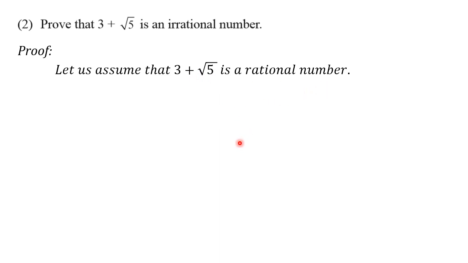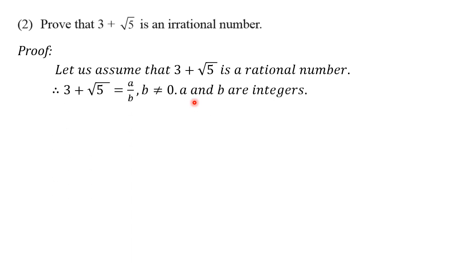So again the next step, we can express this number in the form of P upon Q, or you can take A upon B, any letters you can take. So I can write down therefore 3 plus root 5 is equal to A upon B. These conditions you need to write, that B is not equal to 0 and A and B are integers. Now the next step, this rational part let us shift to the right hand side. So we get root 5 is equal to A upon B minus 3. Number this as equation 1.